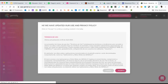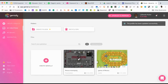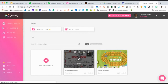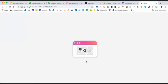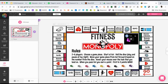So it's free, but there's certain board games or certain templates that are not free. So this is what the kiddos saw when they clicked on the link, which for some reason wasn't working earlier. And I hope this pulls up because sometimes it's a little slow when I'm on Zoom. So this is the board game that the kids see. So if I were to present it,